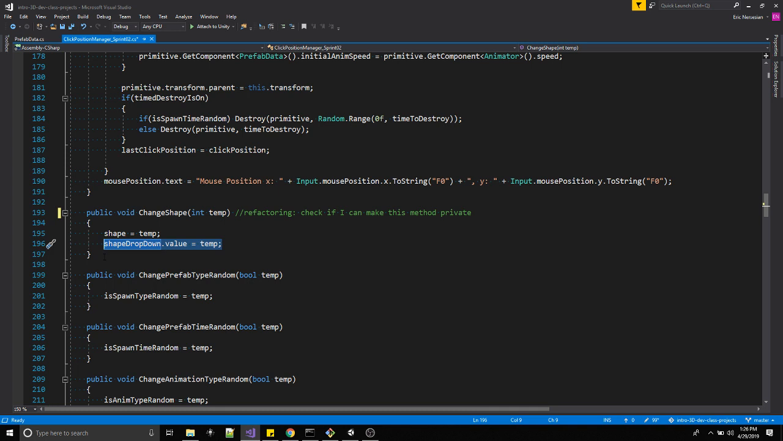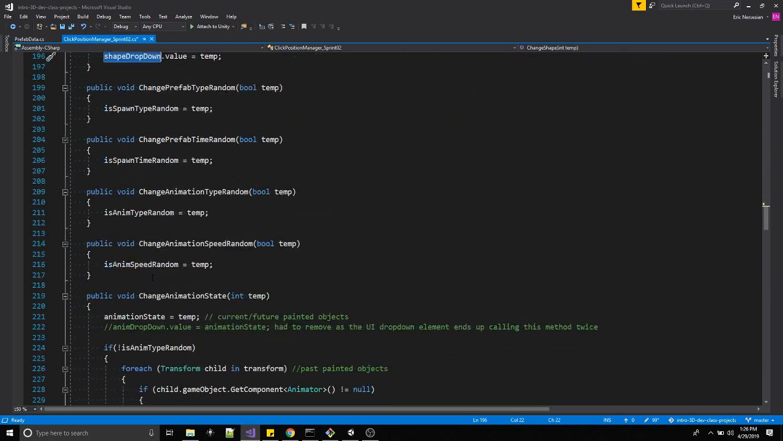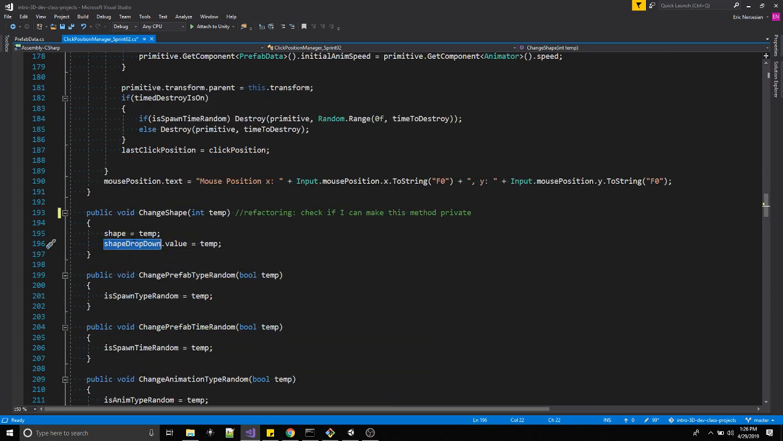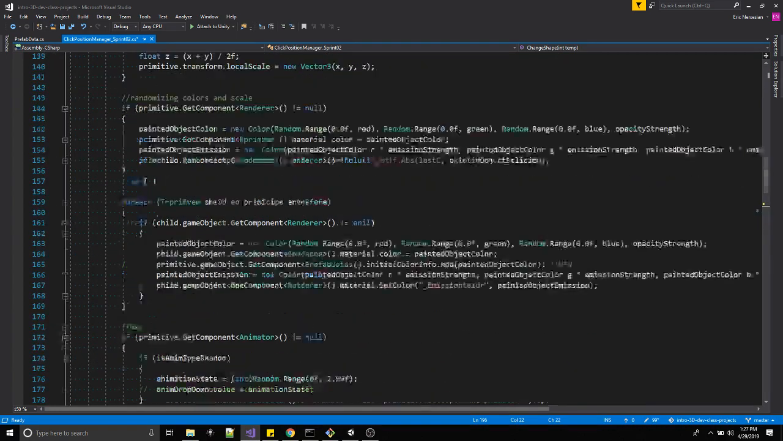Say we randomly set shape to 3 and the UI is still at 1. Or in its case, the first one is 0. But you can see that you can get out of sync, and then the user isn't given the correct current state of the shape. So I think this is the first time we're referencing shape dropdown, so I'm going to have to talk about this. So if I go up,